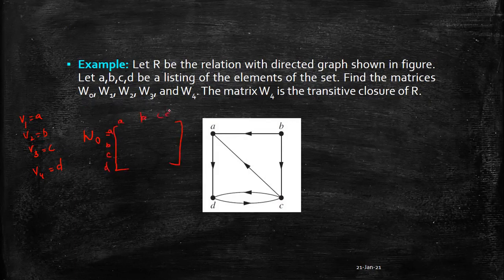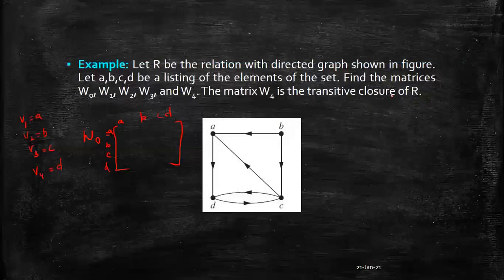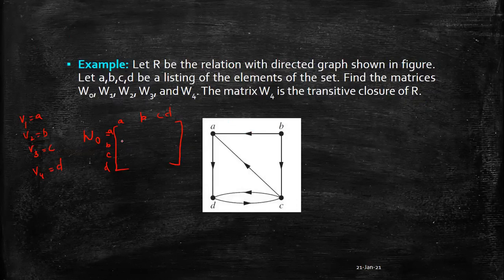And what is that? Till now we have been given a relation and we created either a matrix or a digraph, but here in this case we have been given a digraph directly, and we have to create a matrix. So first and foremost, we will fill the diagonal elements, that is whether it is reflexive or not. That is actually simpler to do. So AA is not there, there is no loop on A, so this will be 0. Similarly, no loop on B, 0, no loop on C, 0, and no loop on D. So there are no loops present on any of the vertices.